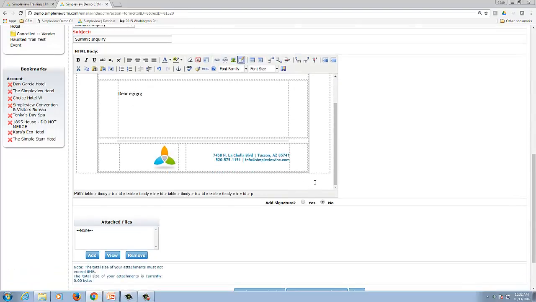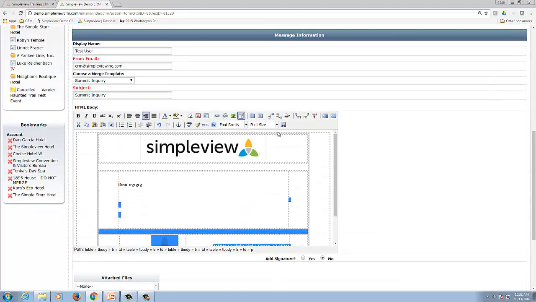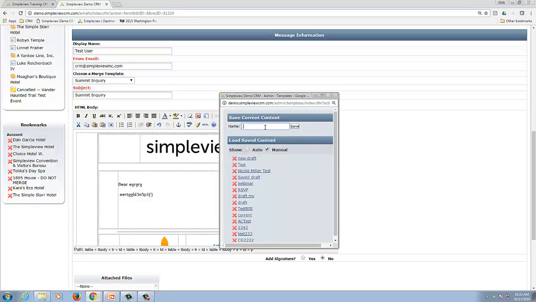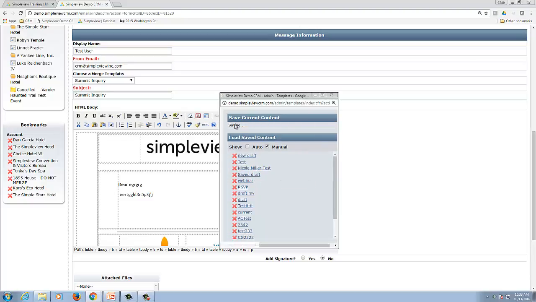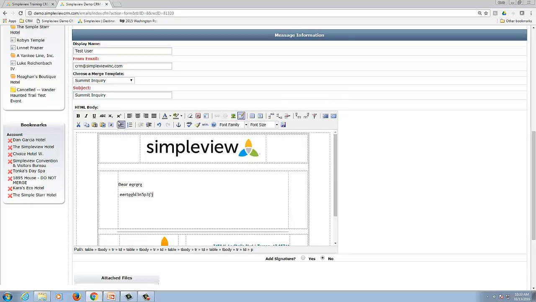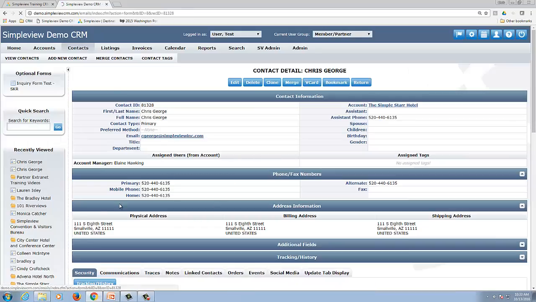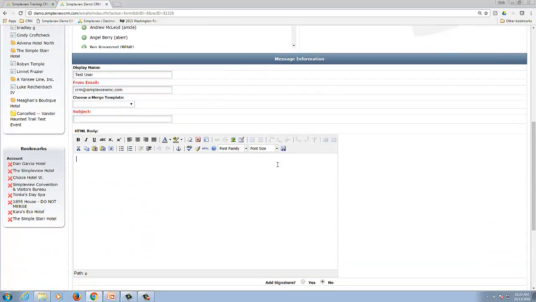But some additional features that live inside of the WYSIWYG editor here, I want to point this one out. This is a load feature. If I'm working, creating this great email, and I get called away, or I need to run home or something like that, before I send it, I can save it. So I click on the store button, I give it a little name here, I don't know what number test I'm on, and once it's saved, I can then leave, come back tomorrow, try to pick up right where I left off, and all I need to do is simply load